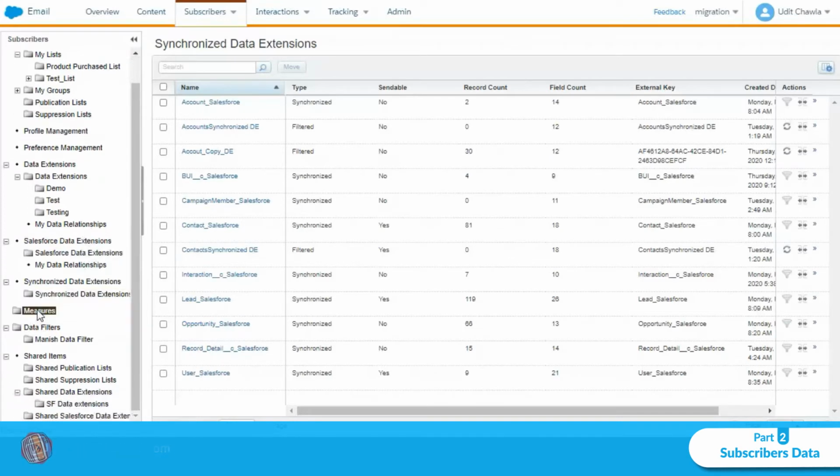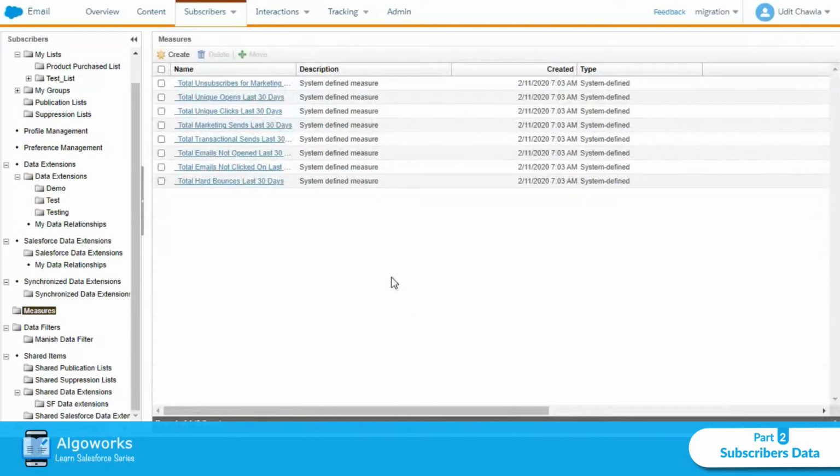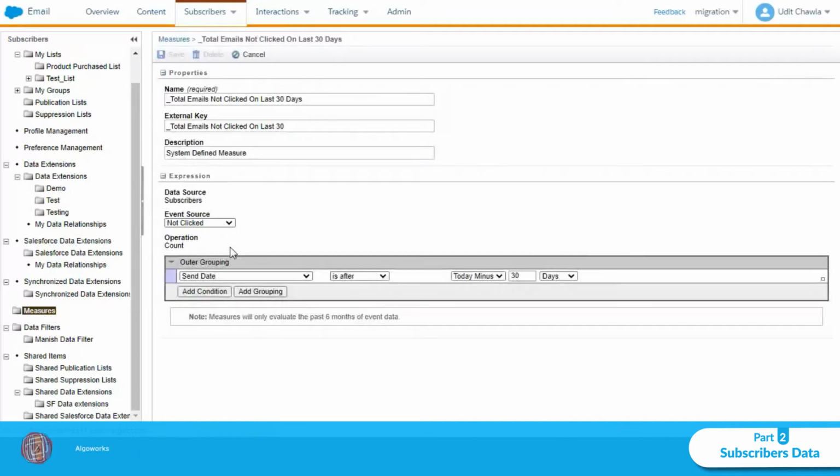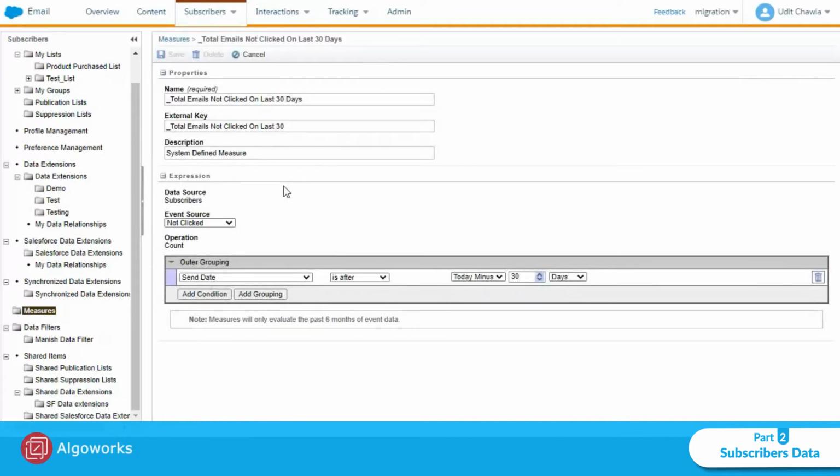And the next part is measures. So measures are, you can say, Marketing Cloud defined measures, or Marketing Cloud defined protocol. And we can use these measures to work upon our data and to fetch some records from all subscribers, like total emails not clicked in the last 30 days.